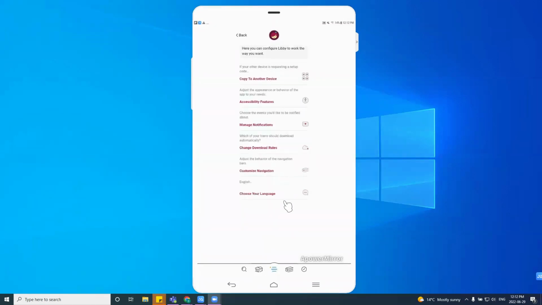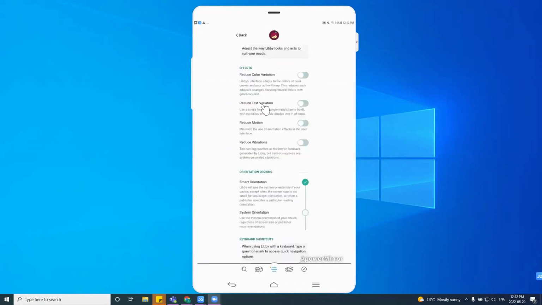It's going to bring up a whole different list. I'm going to click on accessibility features. And this will give me the option to enable or disable a number of different effects, as well as orientation locking. So we have the ability to reduce color variation, the ability to reduce text variation, the ability to reduce